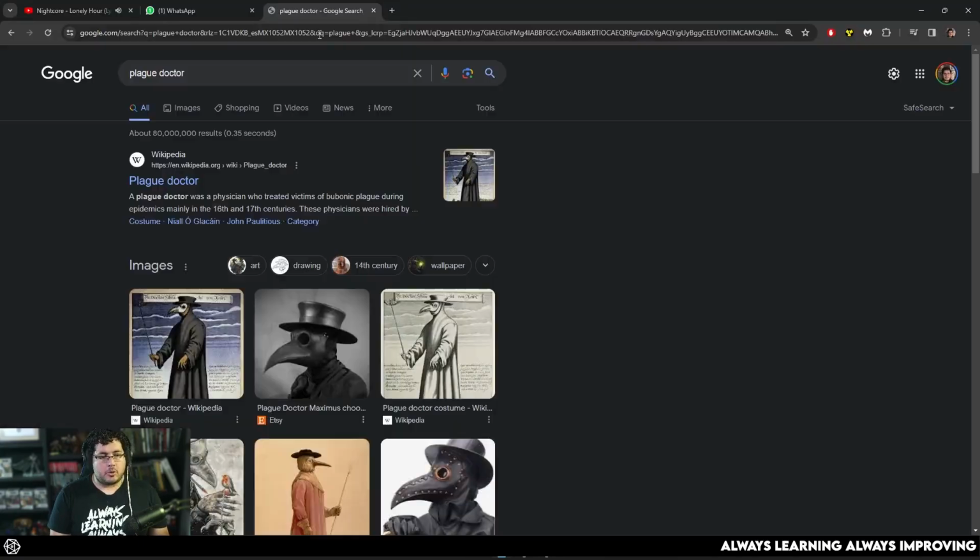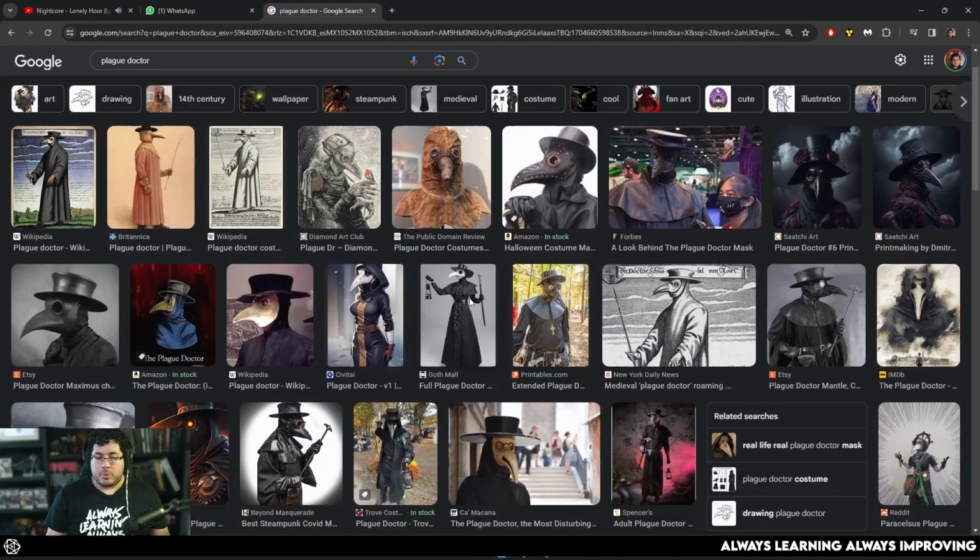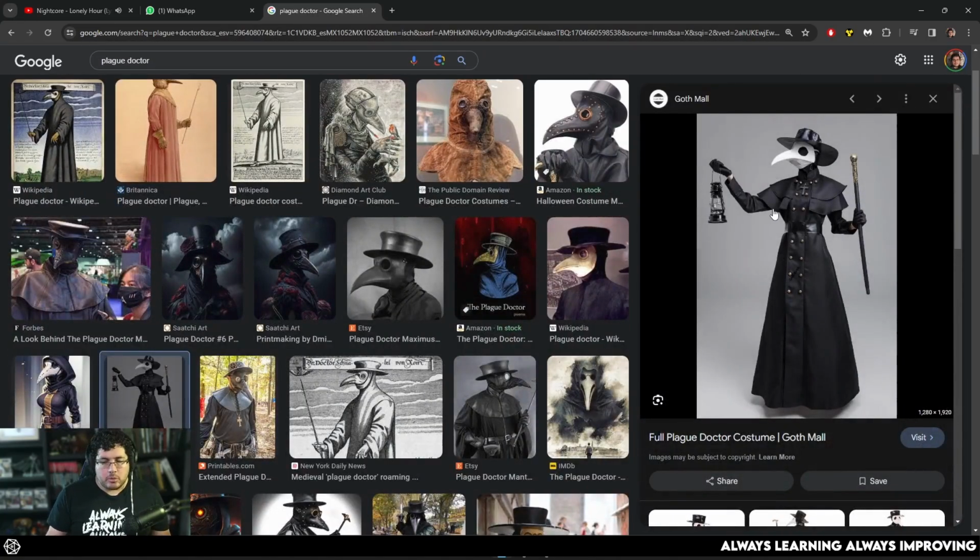If I go online and I look for Plague Doctor, you're going to see that we got a bunch of different options on how we could pose him. I think a pose like this will be very cool. Of course, this is a feminine doctor, so I'm probably going to keep the hand to the right like this. And I want to talk about two principles here before we pose, which are very important for the creation